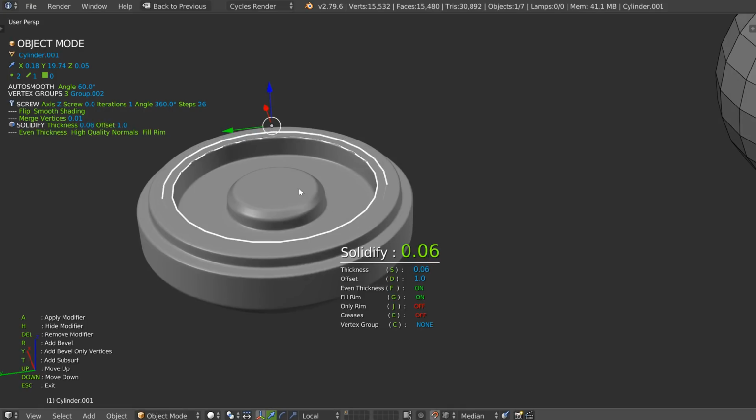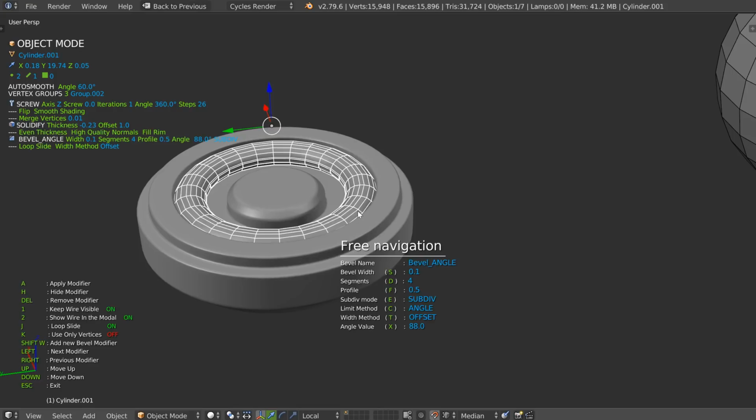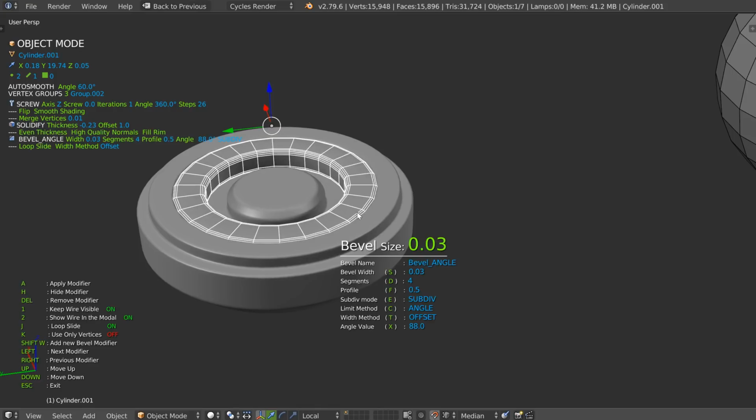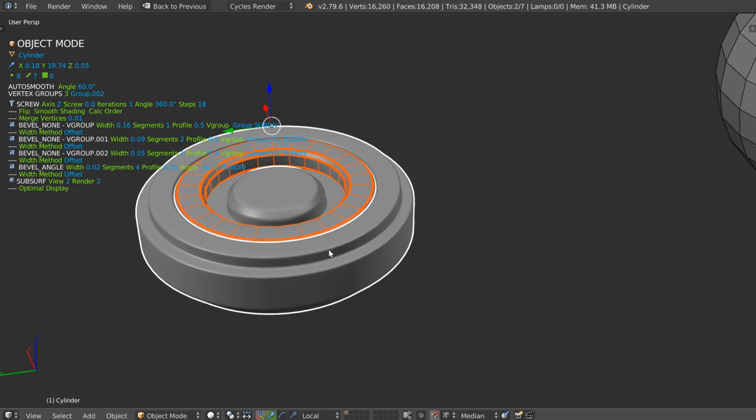On this one I can add a subsurf, like that, and I can add a bevel, play with this, like that, add another bevel, Shift W, up, add some subdivisions, play with the bevel width, like that, and like that.